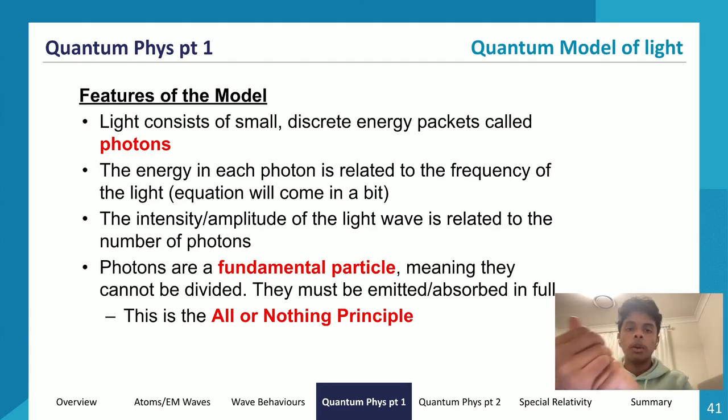So right now we've gone through the wave model of light and the particle model of light, and we know that the wave model of light overtook the particle model of light. So a quick bit about why the wave model overtook the corpuscular model, or why the corpuscular model of light was discarded. Remember, the corpuscular model is the particle model. So why was it discarded?